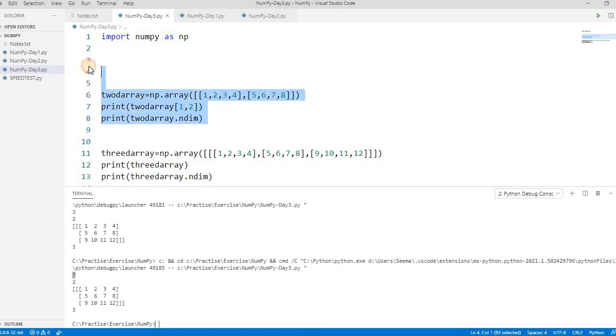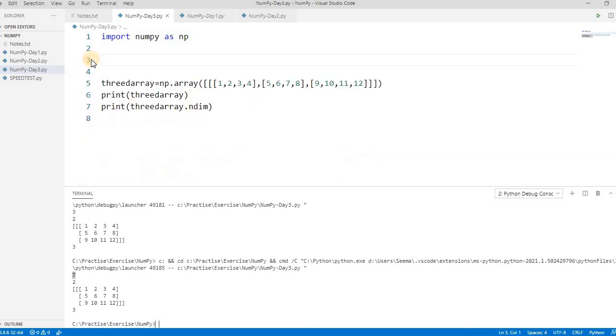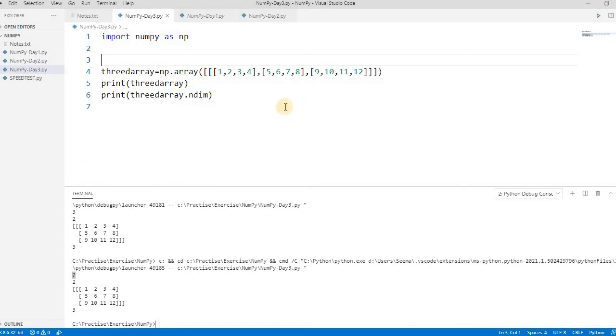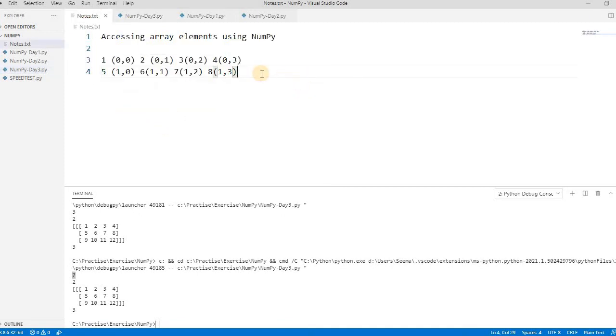Let's discuss the three-dimensional array. What are the coordinates we can use in the three-dimensional array? Suppose this one is the three-dimensional array, and let's see what the indexes are here. I will show you the result also, like 1, 2, 3, 4, and then 5, 6, 7, 8, and then 9, 10, 11, and 12. Let's take an example of this.